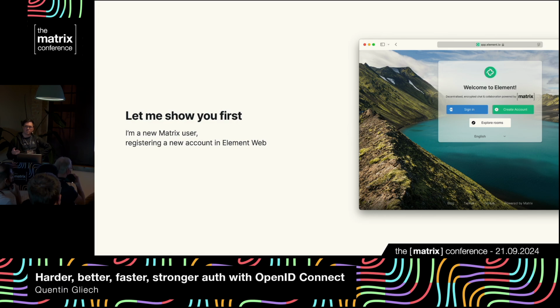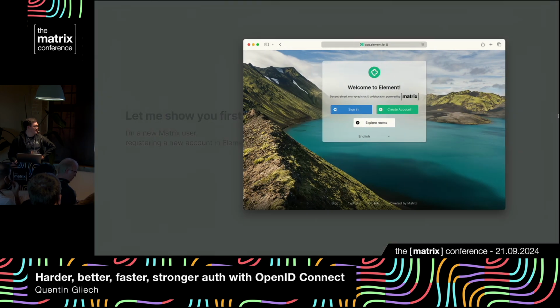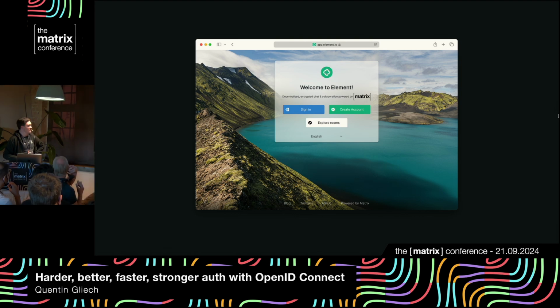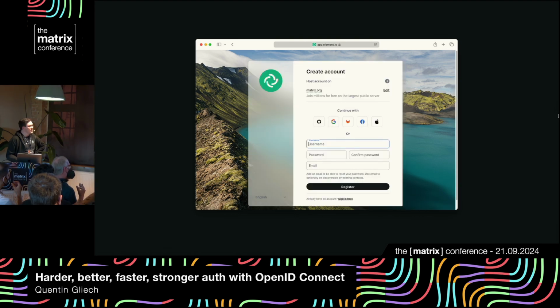This might be a distant memory for some of you, but here's just an overview of how it looks currently. So I'm gonna head out on app.element.io. I click on create account. I'm gonna ignore for now the SSO logins I'm presented with because I want to just use a classic account,